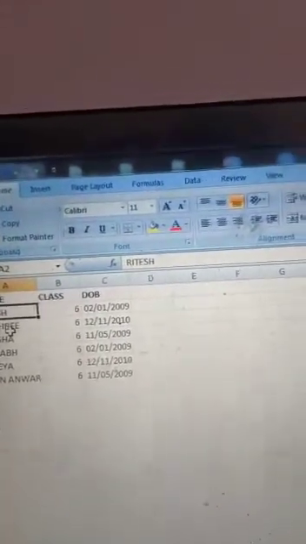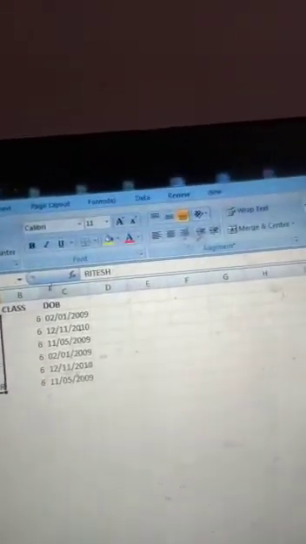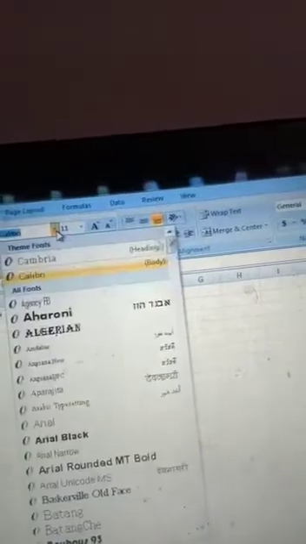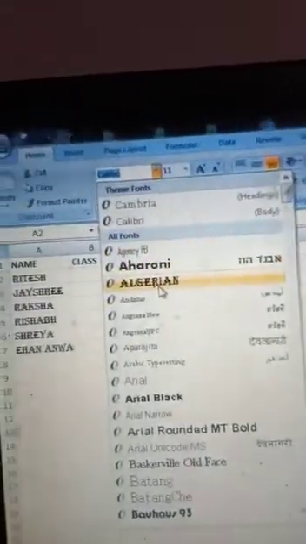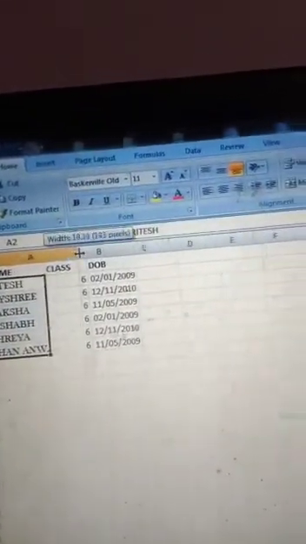Which font is there? MS Excel. The font formatting in MS Excel is done exactly the same way as it is done in MS Word and PowerPoint. So very easy. This font is Calibri. If you want to change any font, then first you select all that and then click on which font you want. Then you have to look here. When I select the fonts, it will be easily changed. Okay, whatever you want, you have to easily select it.